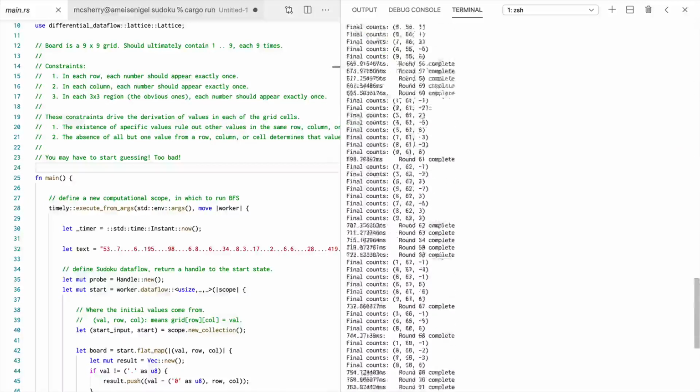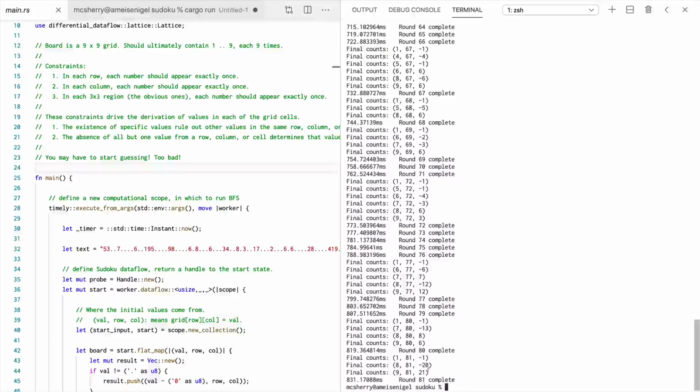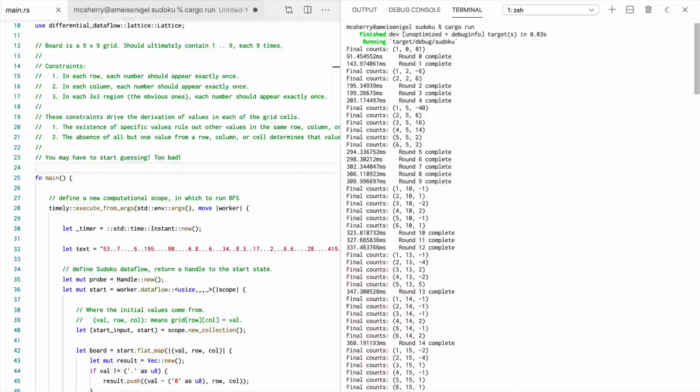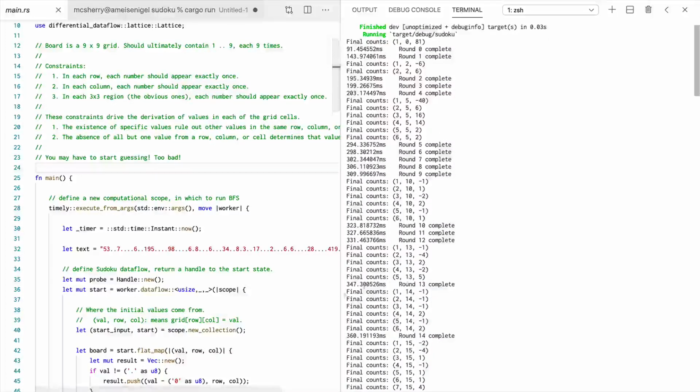We still expect at the very end of the day to have absolutely nothing determined. When there's no input, there's really nothing we can do, but perhaps we can be a little tighter along the way with the amount of uncertainty in our game board. All right, so